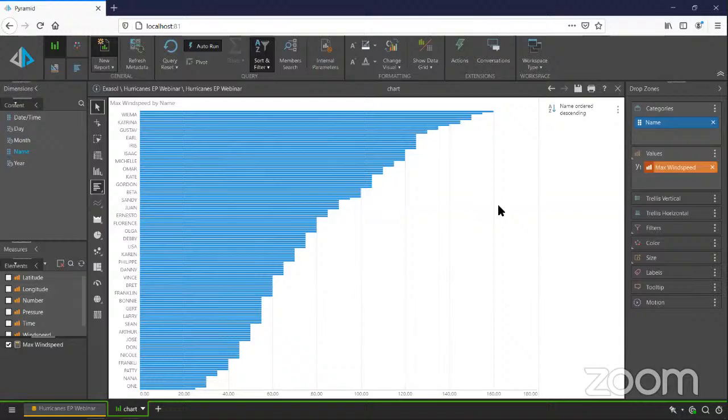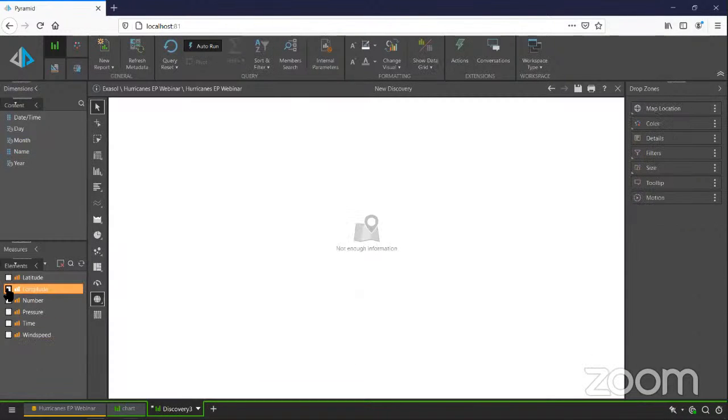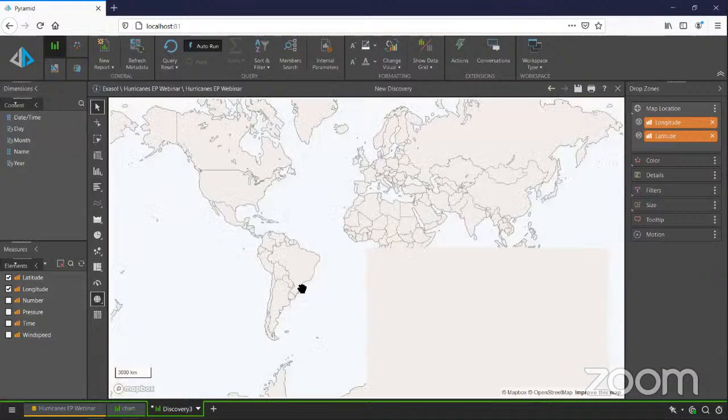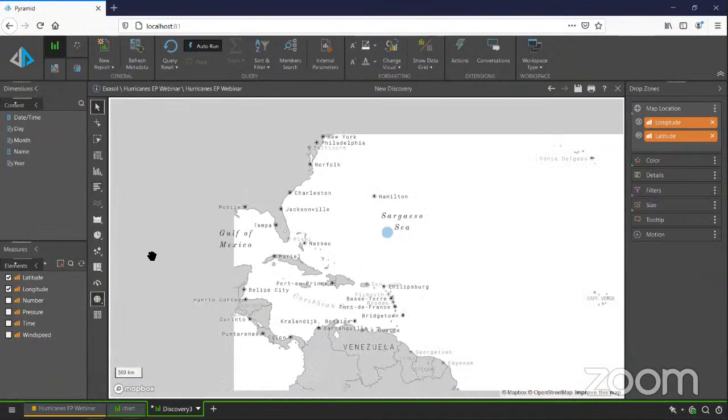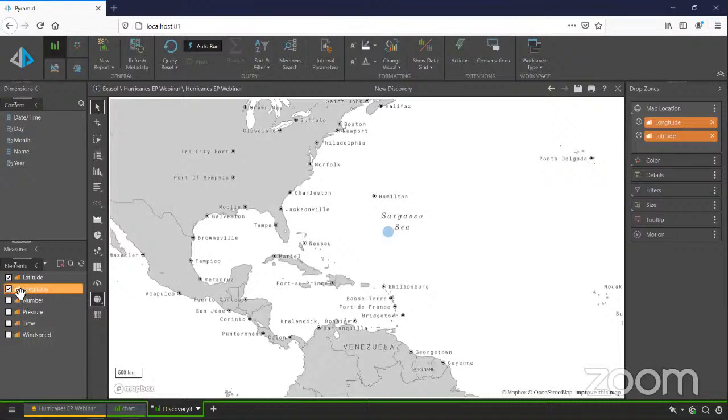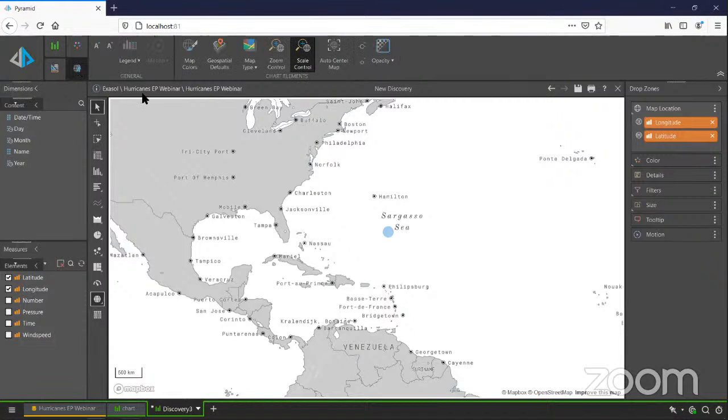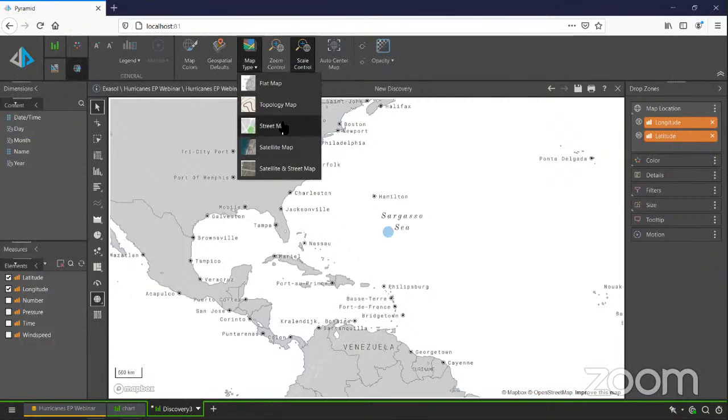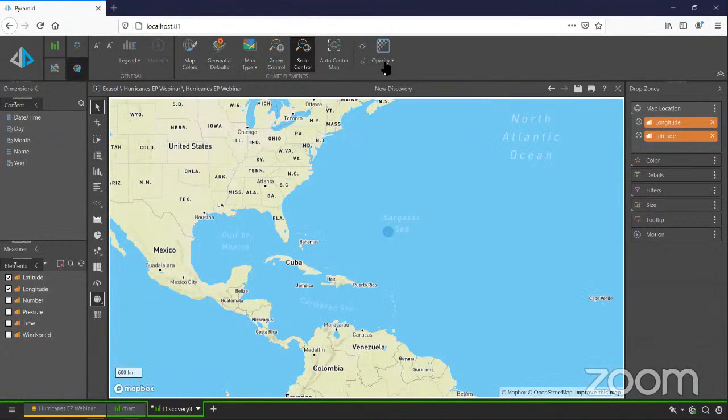Creating a new view on here, I may want to take my latitude and my longitude, for example. Now, Pyramid actually recognizes these as a geospatial type. And by default, it will create an averaging model rather than an aggregate model. It makes no sense to add up latitudes and longitudes. So you can see effectively what I'm looking at here is the average location of all of my observations. On my map types, we can change this around to look, for example, as a street map, bring a bit of color into it. I can set the opacity up and drop the size down. So now this is the location of my observations.